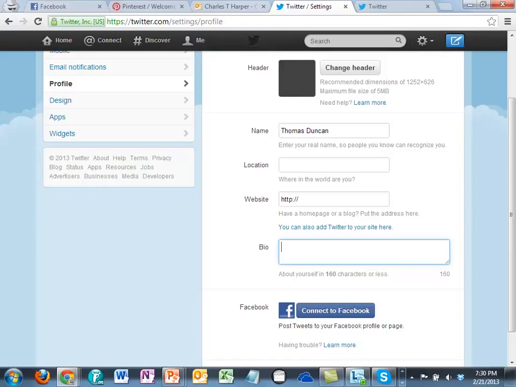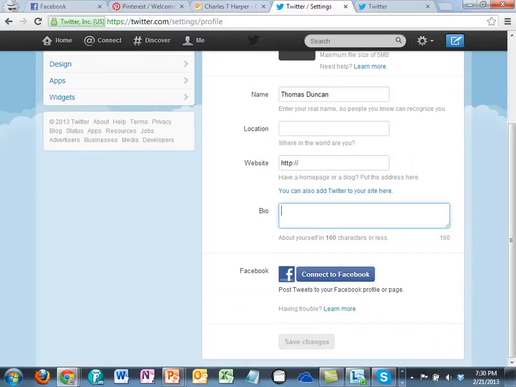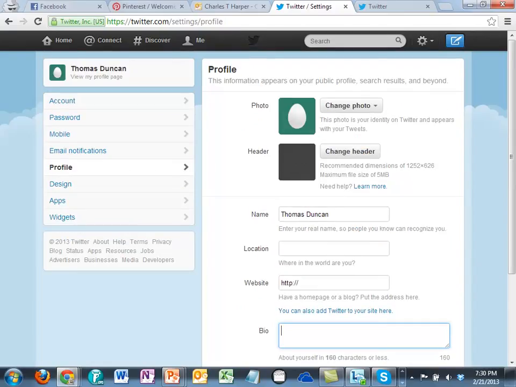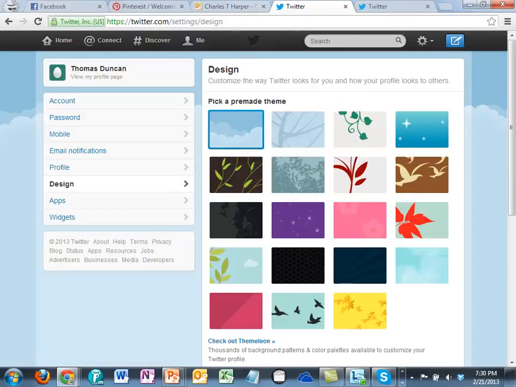And in your particular case, you're going to want to have model airplanes listed someplace in your bio. Okay, so in all these cases, you want to make sure that your profile is completely filled out and that you have everything in here that would indicate that you are a person that is serious about your niche. One of the things that you'll be able to do, of course, is you'll be able to design your background. Now, Twitter has given you some backgrounds.